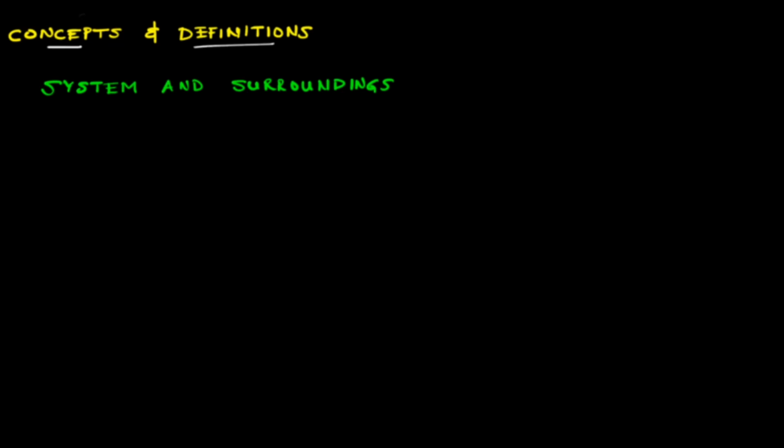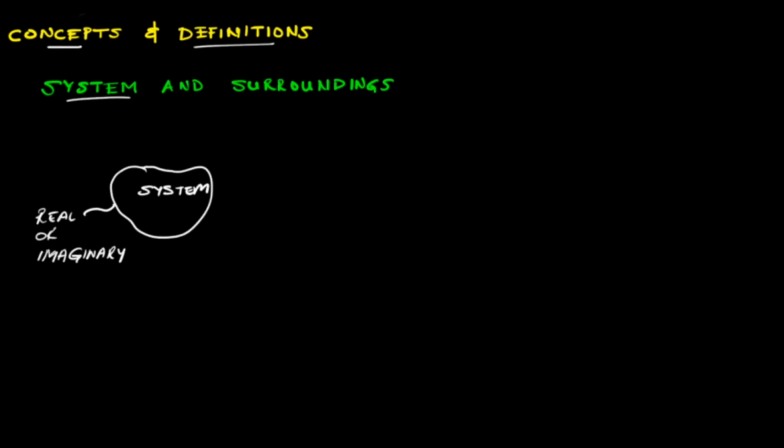System is defined as a certain portion of the physical universe that is enclosed by real or imaginary boundaries, and that boundary separates the system from its surroundings. That is, the rest of the universe except the system is called its surrounding. To put it simply, the system is the matter that we want to study, and everything else except the system